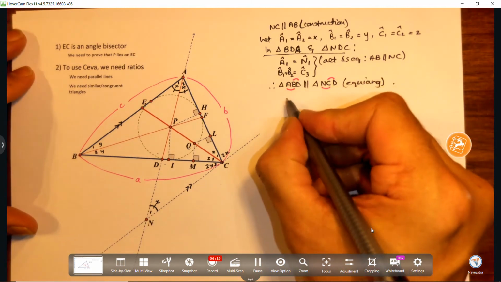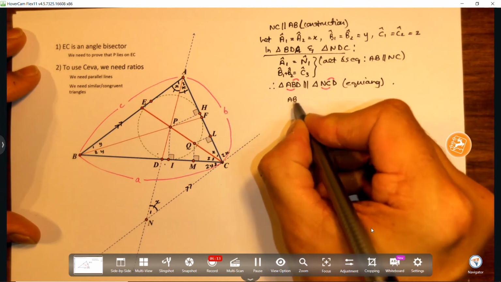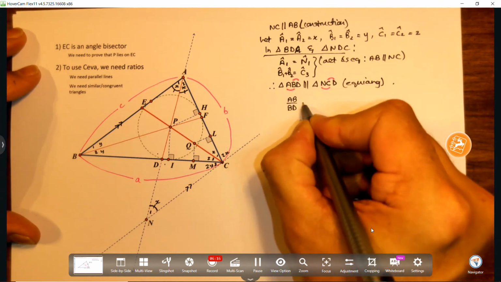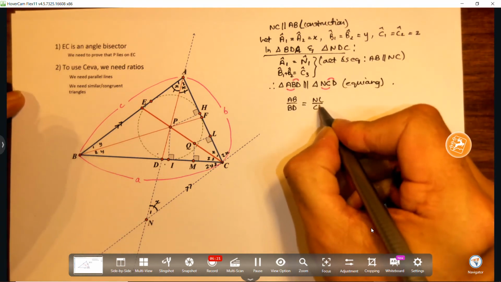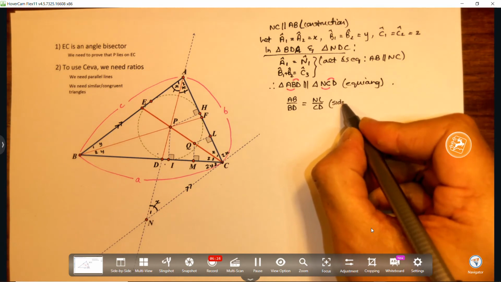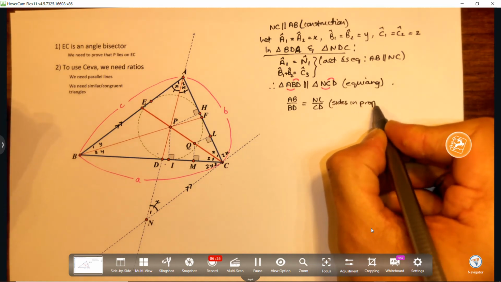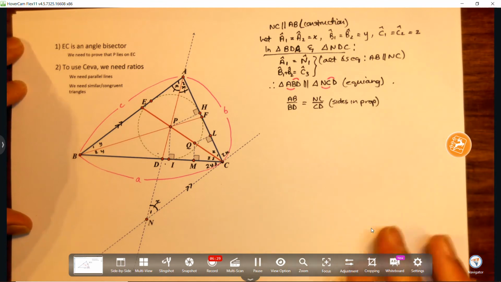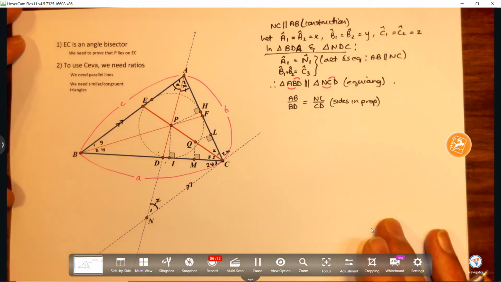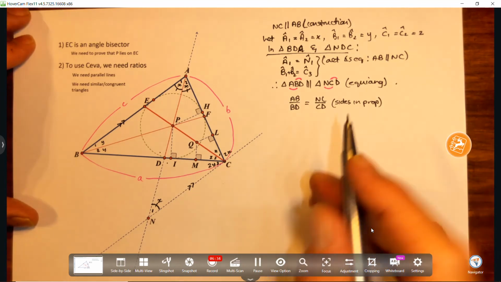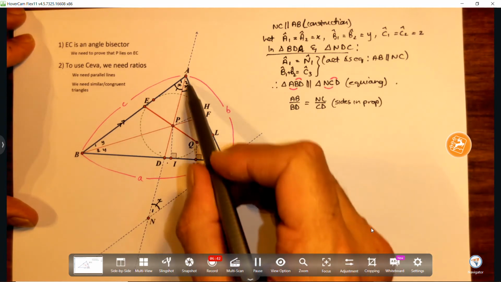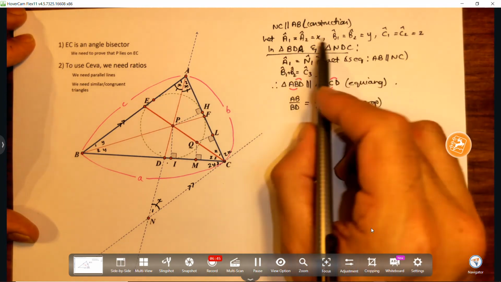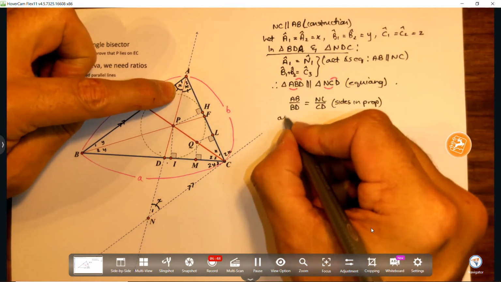So we say, let's start with AB over BD is equal to NC over CD, first two over last two. And this is sides in proportion. That's why that is true. Okay, so let's have a look. Let's see what we can do here. We have NC. Look, there's our beautiful fact that these were equal. Also, let's just go also,